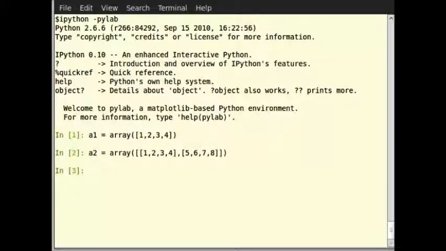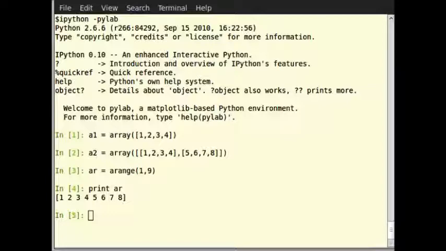Let us use the arange function to create the same array as before. So for that, type ar is equal to arange within brackets 1, 9, and hit enter. So type print ar to get the output. So now, as you can see, we obtain a one-dimensional array with elements from 1 to 8. Now, can we make it a two-dimensional array of order 2 by 4?